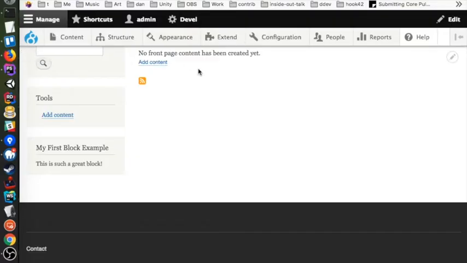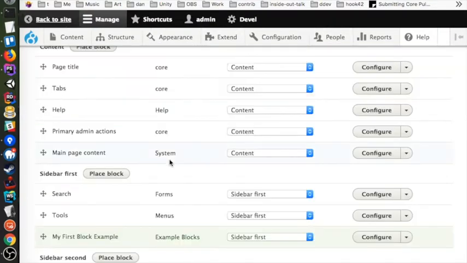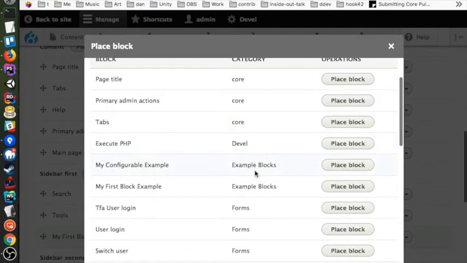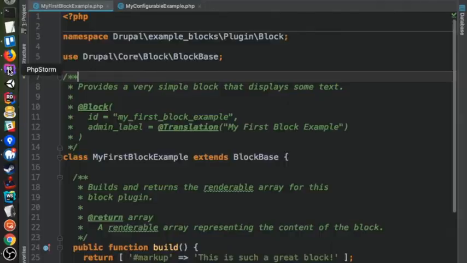So now let's look at that configurable block example. I'm just going to go add that configurable block example to this same sidebar. Okay, so this block has this extra checkbox that says say hello. If we look at the code there,